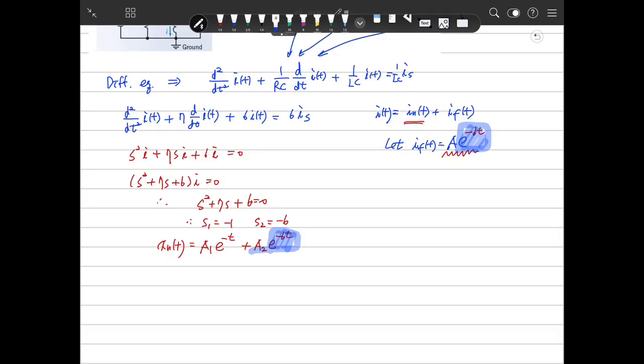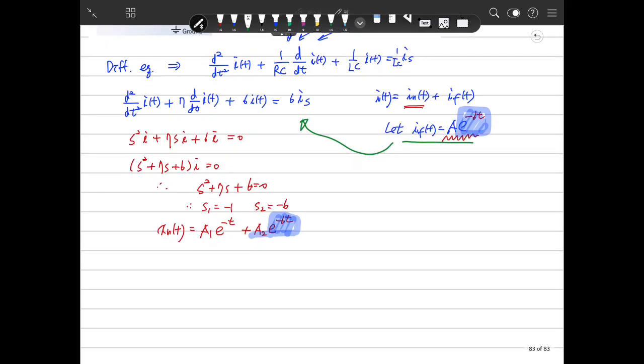So there's a problem. If we insert this form here, then what happened? d squared/dt squared of A exponential minus 6t plus